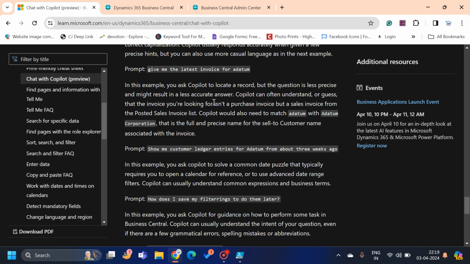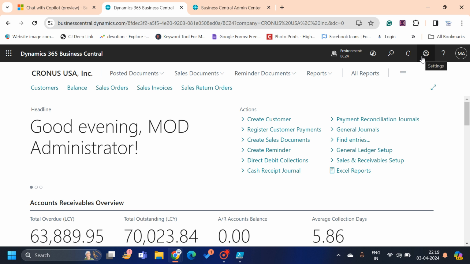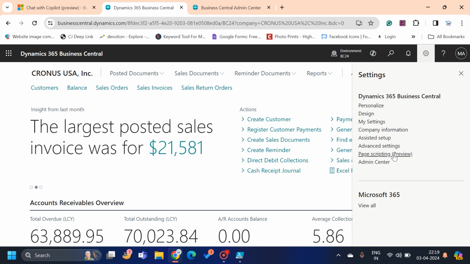Second feature, which I don't want to share in today's session, but we will see in the coming video. For example, if you click on the settings icon, you can see this page scripting preview option is also available. This is also one of the very interesting features, so we will learn it in the second part. Till then,